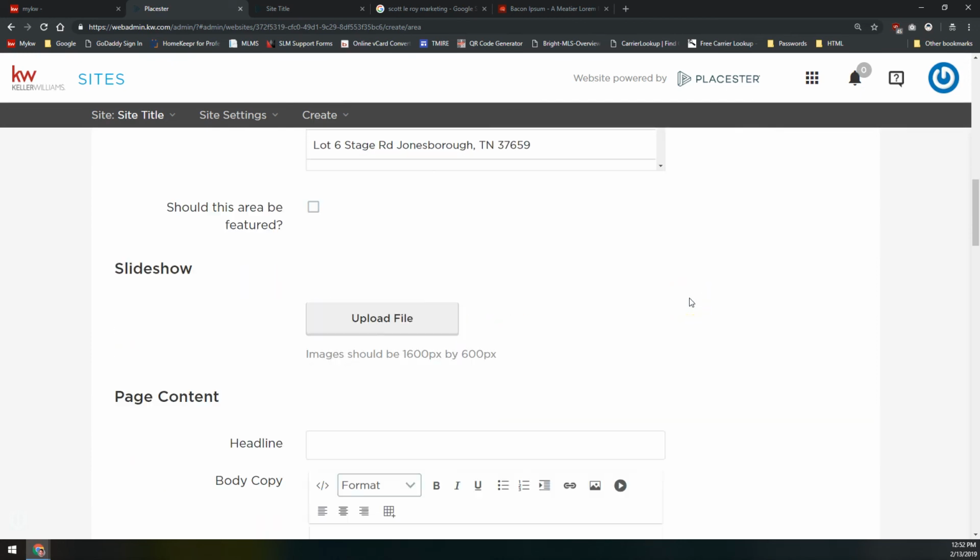Moving down here, oh, by the way, I have a little bit of an anecdote from a class that I took a good while back about these area pages. The instructor of the class had a client that he was helping with area pages and content on his site. And this client wrote an area page about a particular subdivision in his service area. It wasn't a big subdivision. It wasn't high priced. It wasn't brand new. It was just a subdivision that he knew. It may have even potentially been the one that he lived in, but it was just a subdivision that he knew about. And because he wrote this area page on his site,